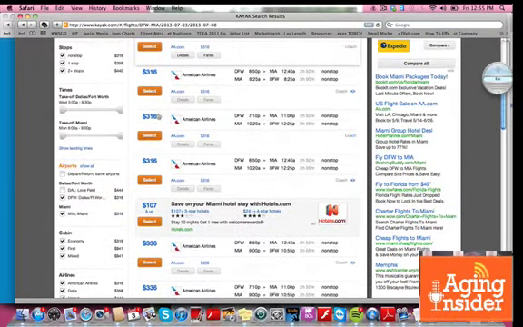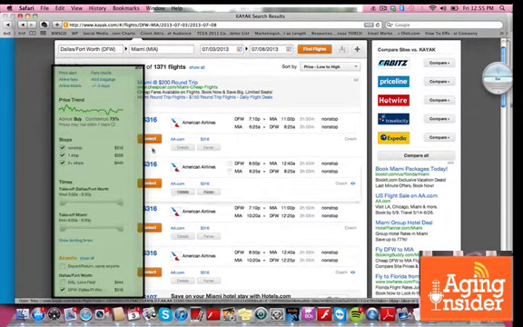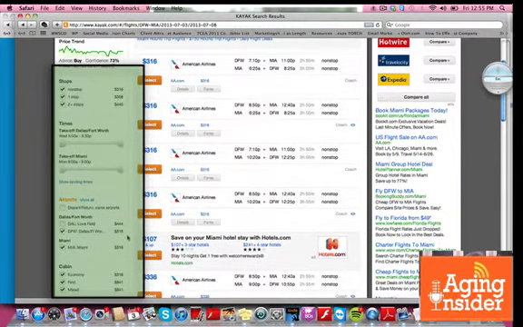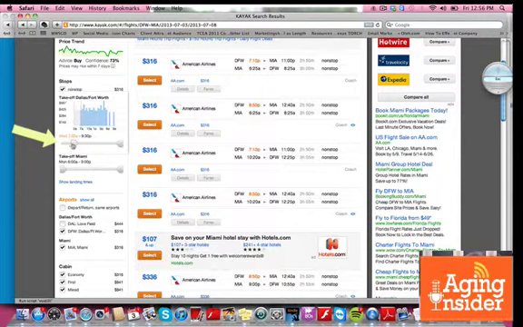But what I really want to point your attention to in this particular video are the filters on the left side right here. So I can come over here to the left and say, I want it to take off definitely not at 5 a.m. So I'm going to move this later. And I can watch the time. No, still too early because that means I have to leave my house at 5 to get there at 6:30. So I'll say, anytime after noon for departure.